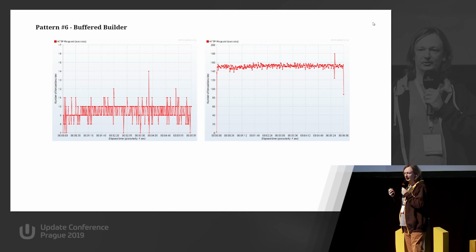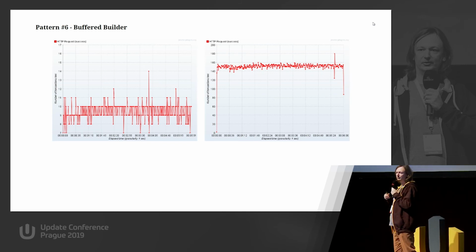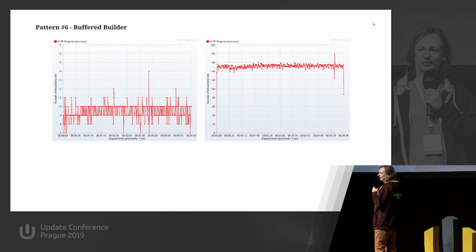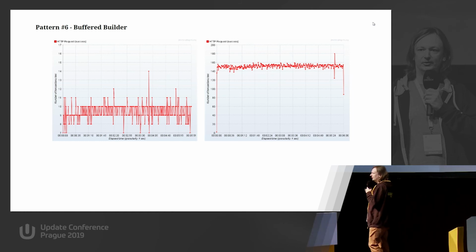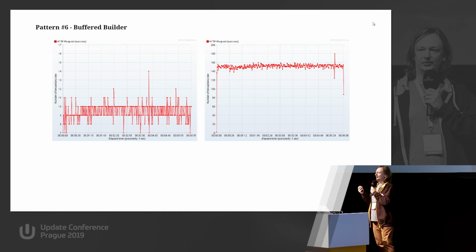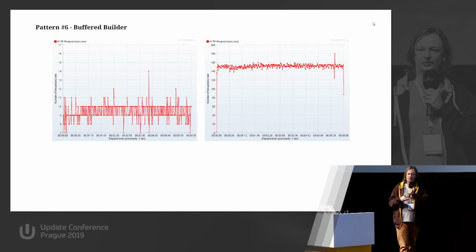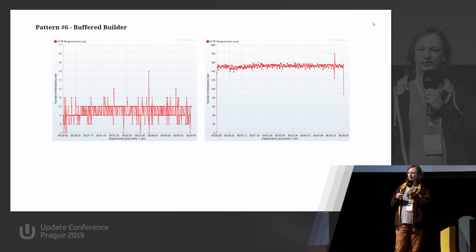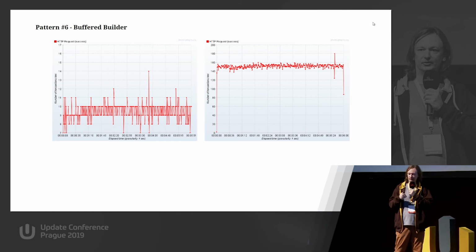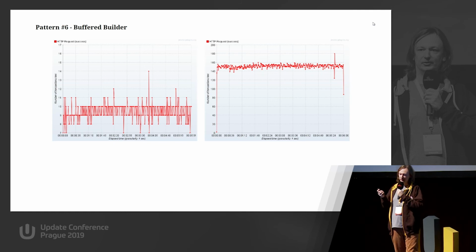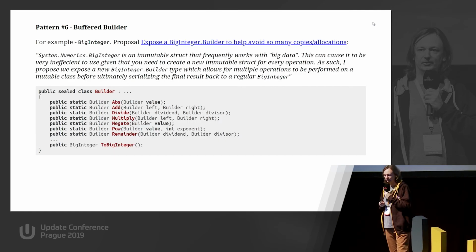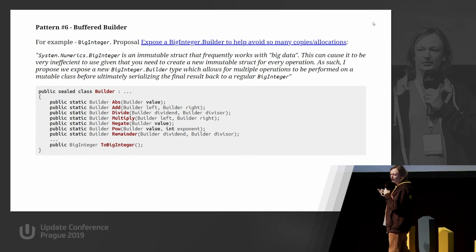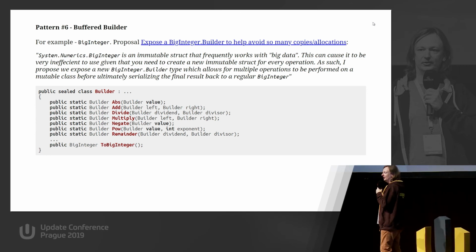And by just replacing it with string builder, it would be bumped up to 150 requests per second. So a tremendously different application, in fact. The same result, the code is working, but in the left case, we are just consuming every CPU cycle for GC. And on the right side, we are just doing the business thing. So we will see this kind of buffered builder, as I'm calling it, in various scenarios.